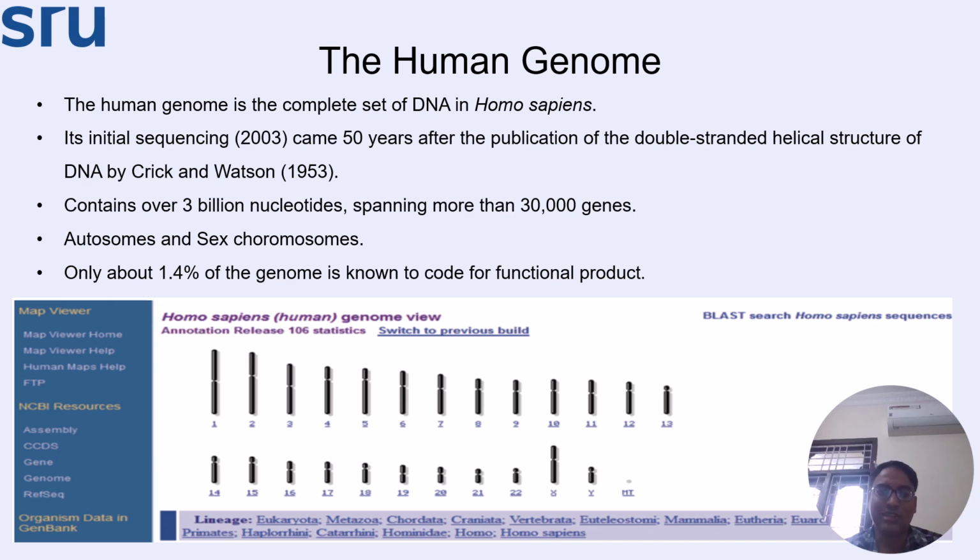Now understand that it contains 3 billion nucleotides. But the magic is, when they mapped these 3 billion nucleotides into different genes, it was found that there are only 30,000 genes. Now we know that nearly 30,000 genes exist in the human genome. In 3 billion bases, only 30,000 genes. So how much is it? Only 1.4%. See, only 1.4% of the genome encodes a functional protein product.